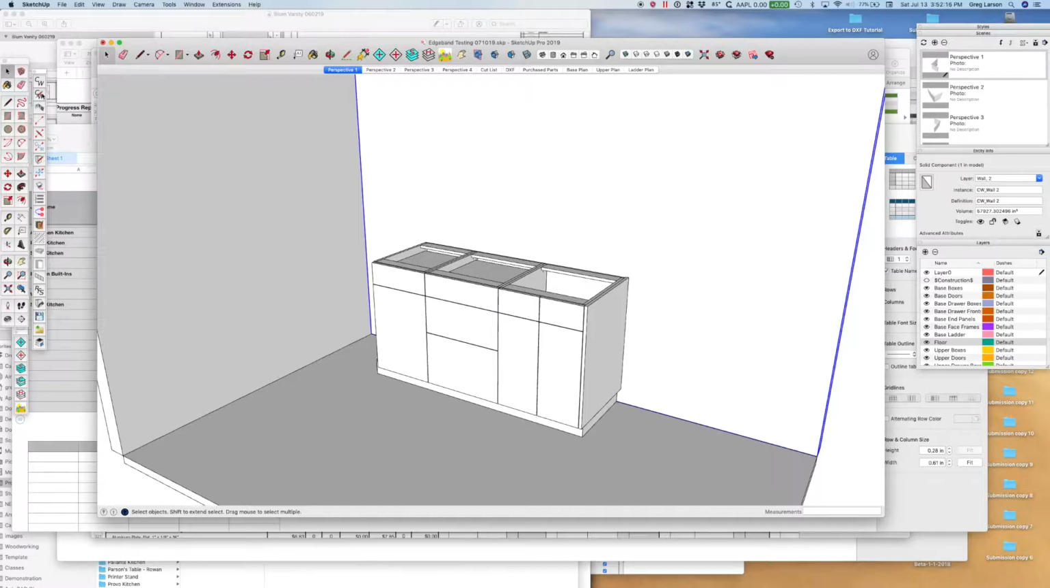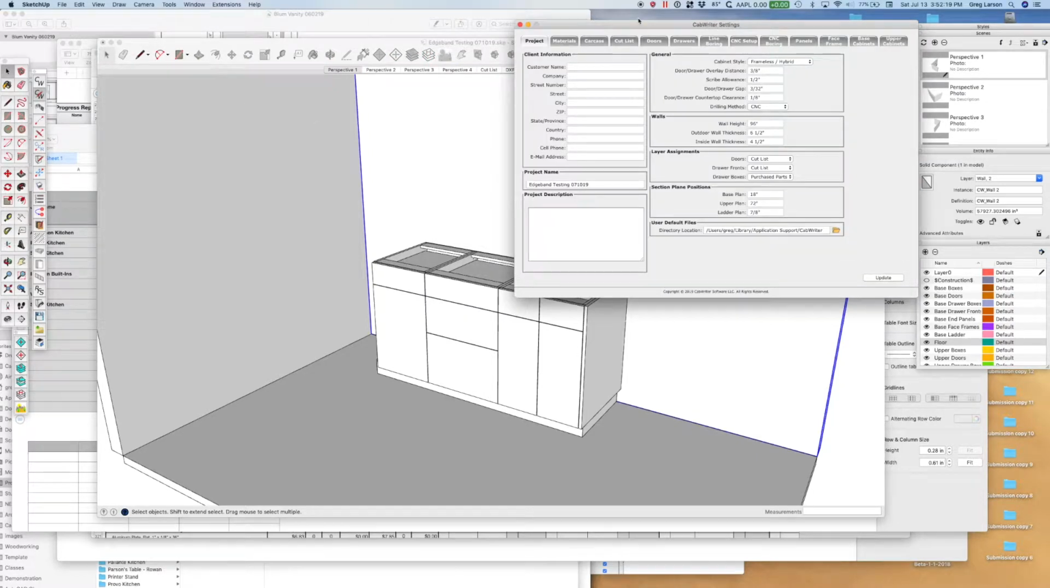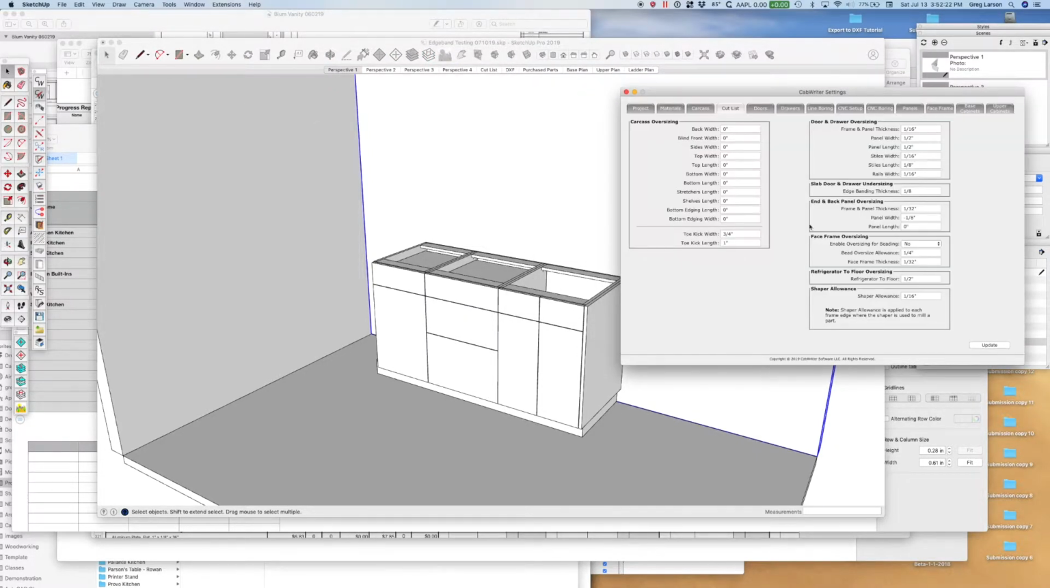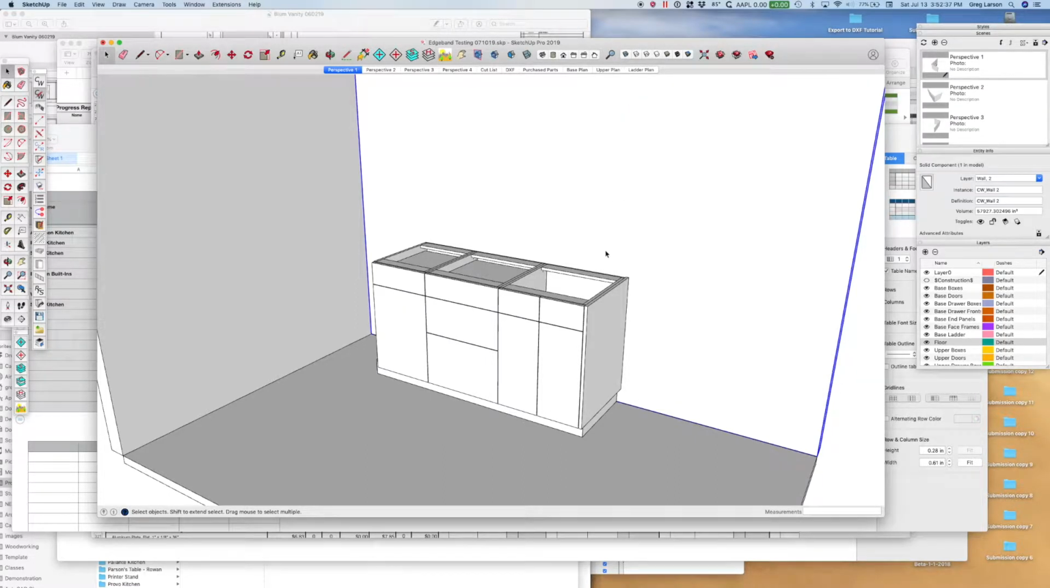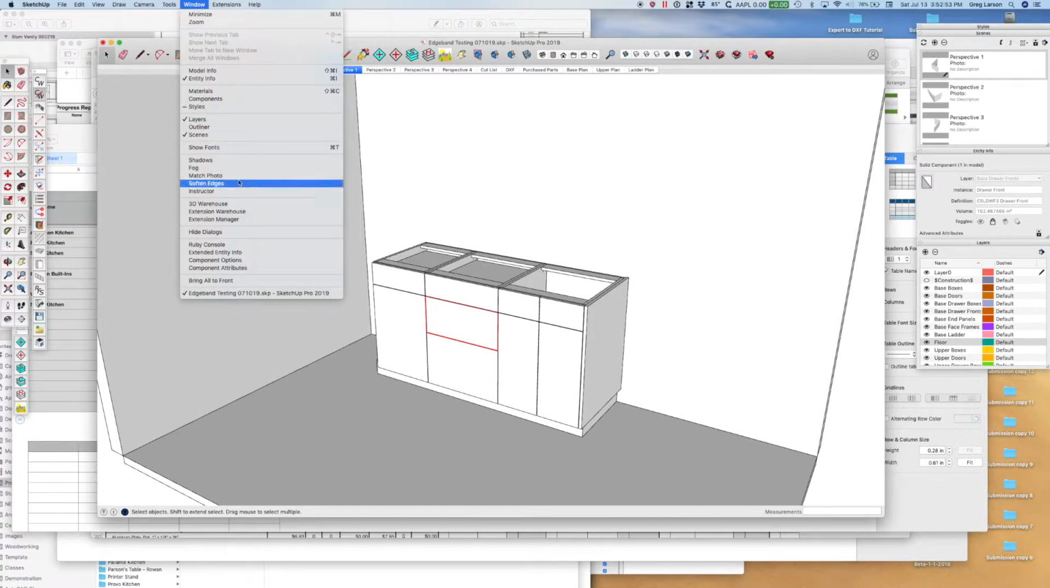So if we look at our parameters here on the Cutlist tab, we've added a new parameter called slab door and drawer undersizing. And you can put in your edge banding thickness and CabWriter will automatically compensate for the edge banding on the Cutlist. So it doesn't draw the edge banding in, as you can see. It draws the doors and drawer fronts full size. But where you'll see it is on the Cutlist, but also we can see it here under the Extended Entity